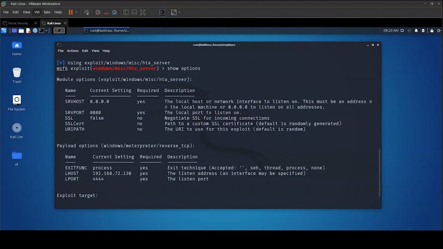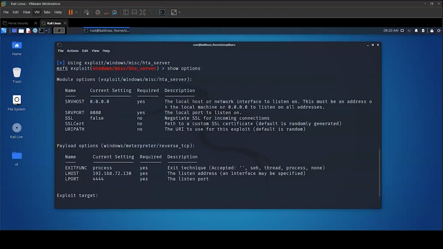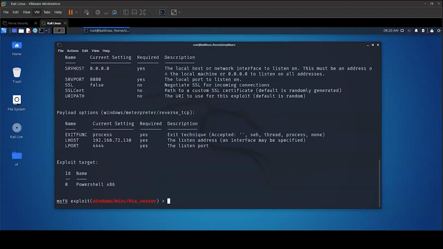For example, you can see some of the options over here. There is the payload. The payload is supposed to be the malicious file that we are going to send on the HTML application, which allows us to give the backdoor. For example, right now the payload, which is the malicious file, is a Windows Meterpreter reverse TCP. Completely understandable. Now let's set the LHOST. LHOST and RHOST and SRVHOST should be the one where we are going to launch the attack